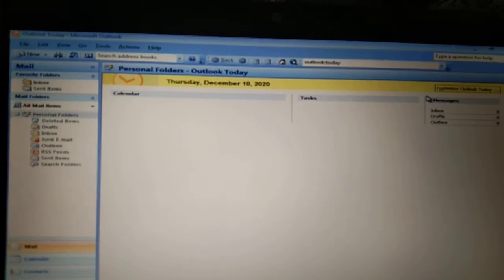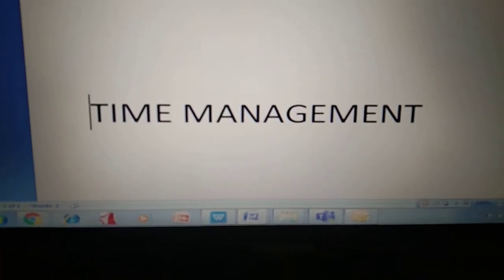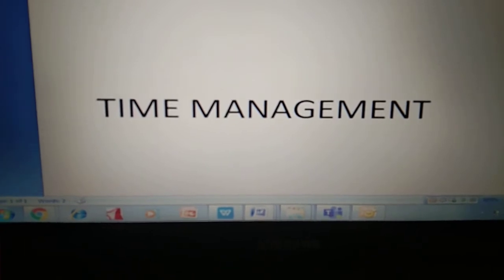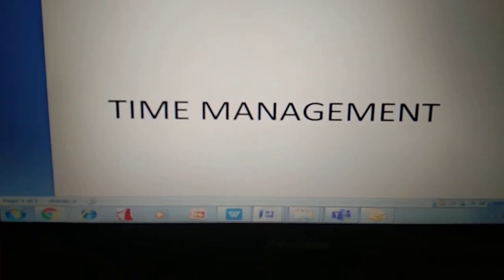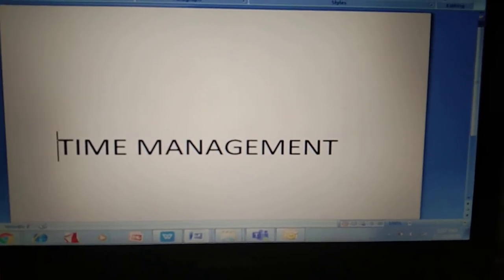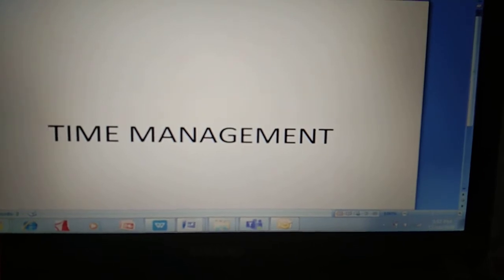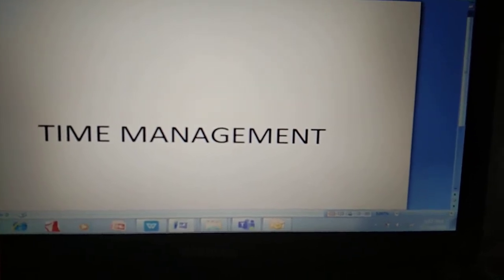Time management is the process of scheduling and planning every event in a systematic manner, with complete control over the amount of time spent on a particular activity. This increases our efficiency and productivity.